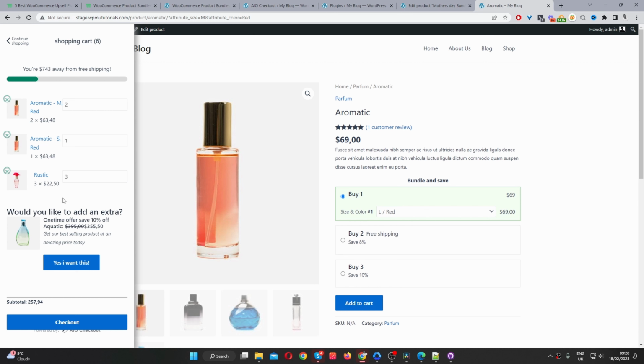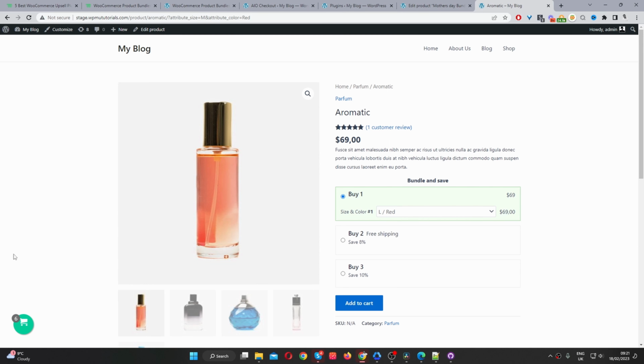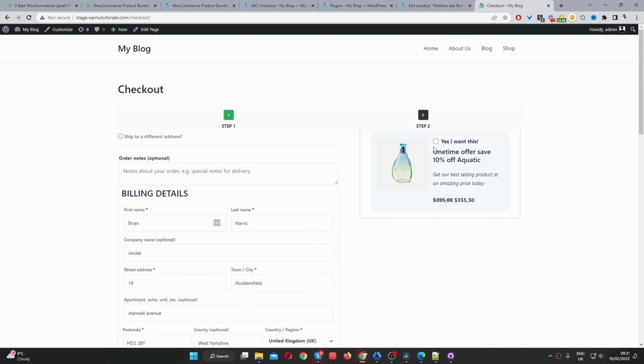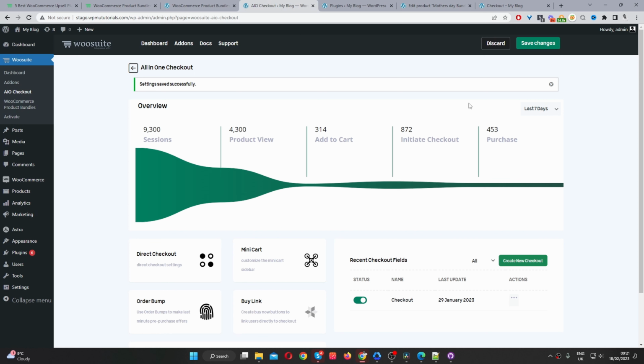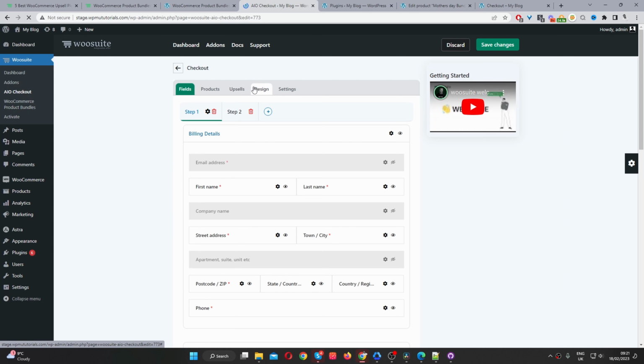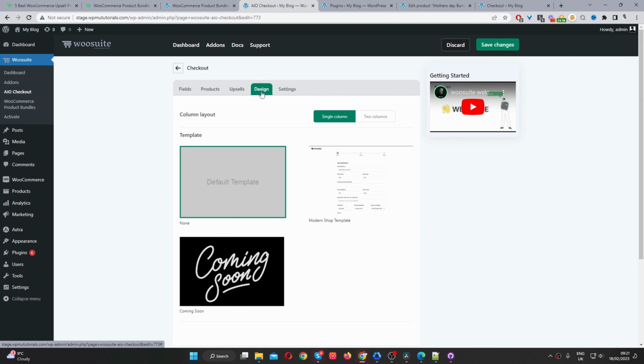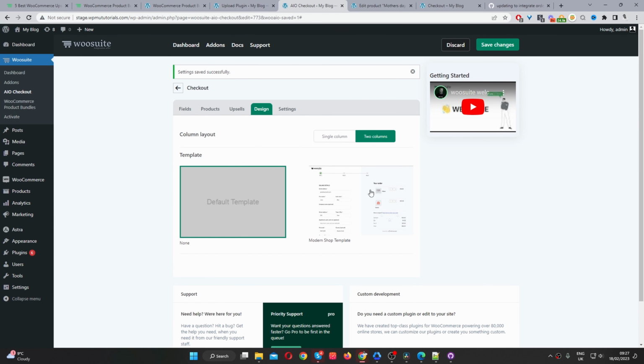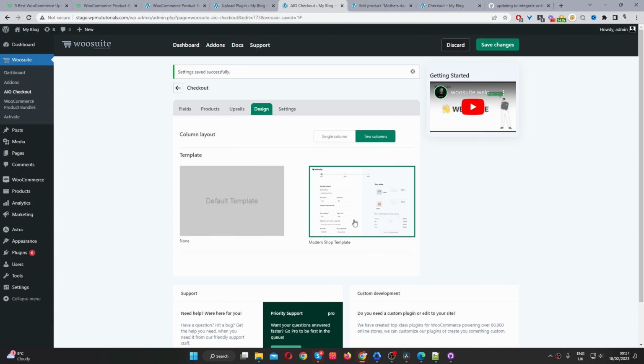So again, when you use our suite of plugins, we've coded them to all work together so you can delight customers in a non-salesy way. Okay, and then when we go to the checkout page, here we can see this offer. So again, another thing we've used in our all-in-one checkout plugin is, let's say for example, when I edit this checkout page, currently it's using the Astra theme checkout layout. But when you select one of our templates, you'll have the option to integrate the order bump